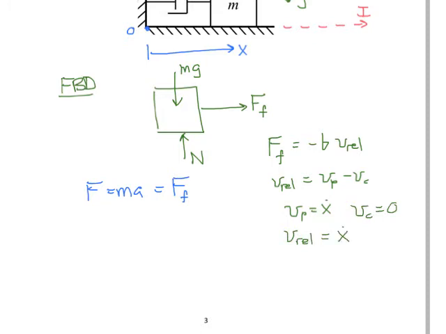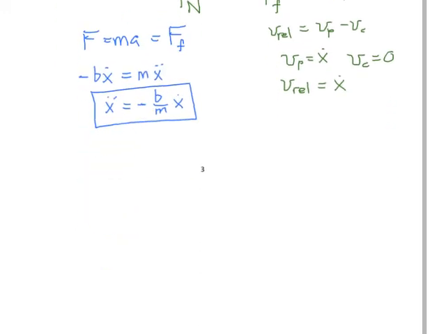So now we insert this into Newton's second law. The only force that we have is negative b x dot, and this is equal to m x double dot, because our acceleration is x double dot according to this coordinate. We solve for our equation of motion, and we get that x double dot is equal to negative b over m x dot. So now to solve this equation for our state,